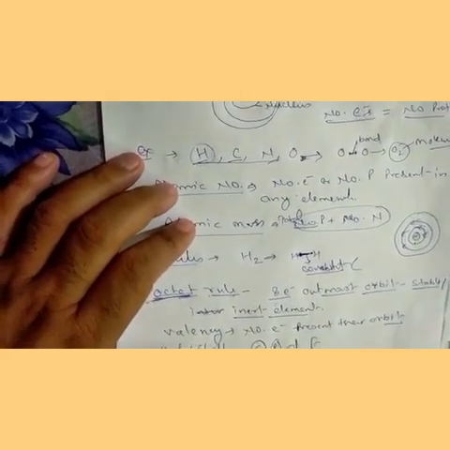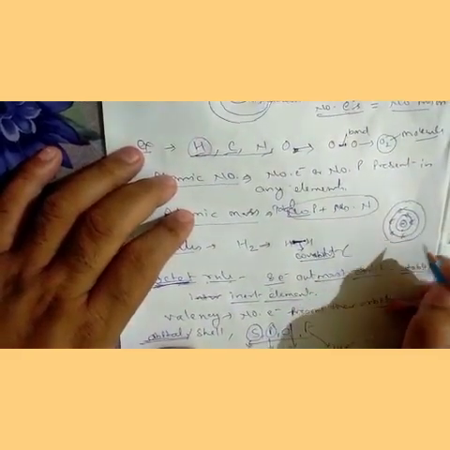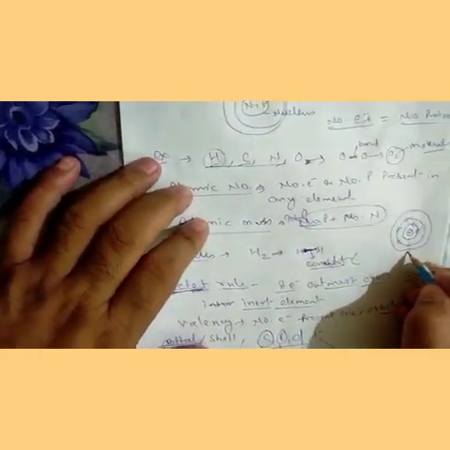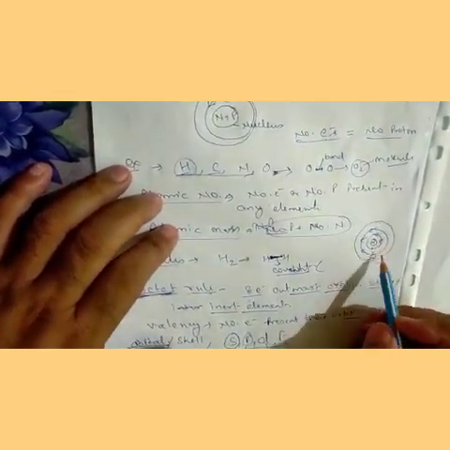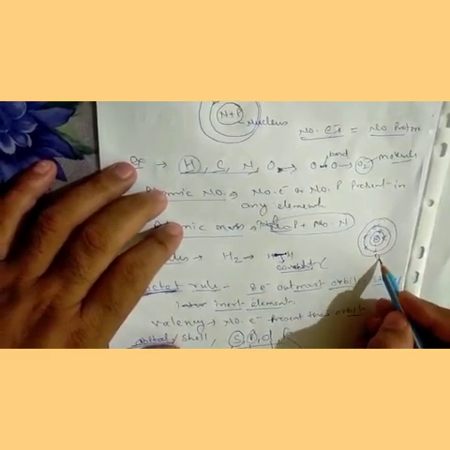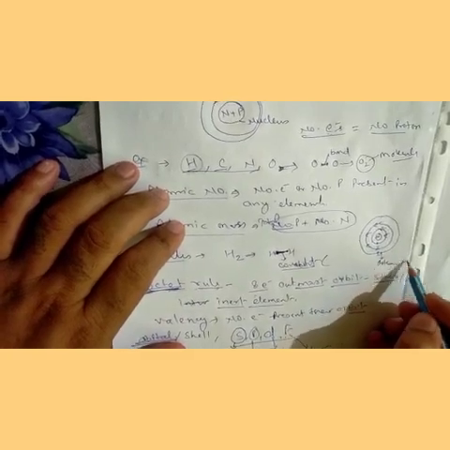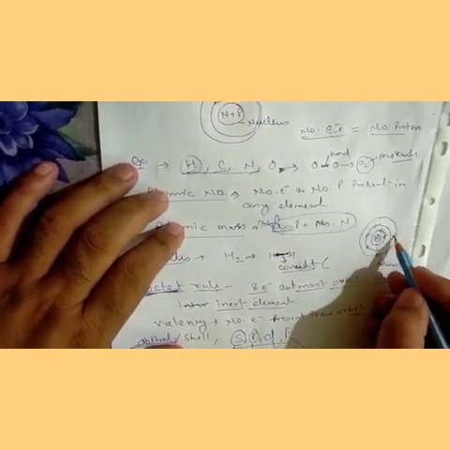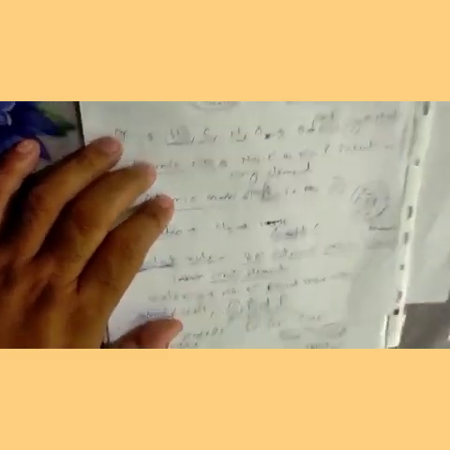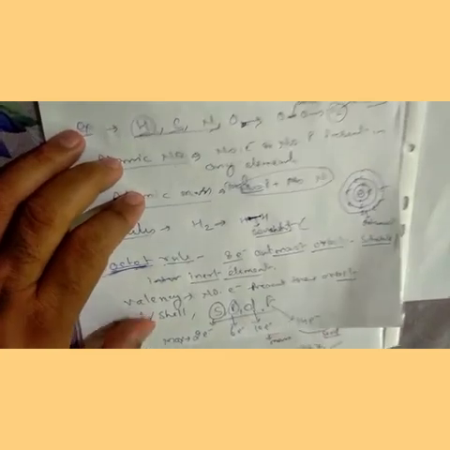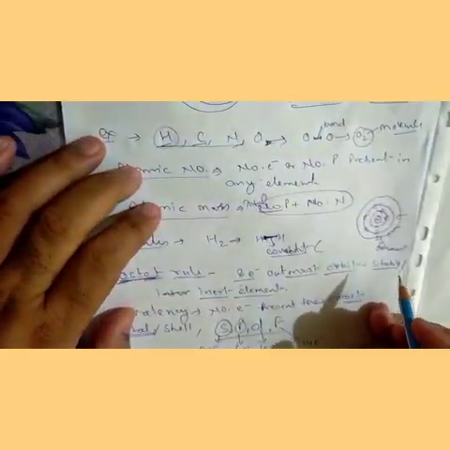Similarly, the orbit next to the first orbit is called the second orbit, and the orbit next to that is called the third orbit. The orbit which is far away from the nucleus is called the outermost orbit. So this will be the outermost orbit for this particular element. For example, here you have 2 electrons available in the outermost orbit. It means the outermost orbit has only 2 electrons, so this has valency of 4. Sorry, this has valency of 2.